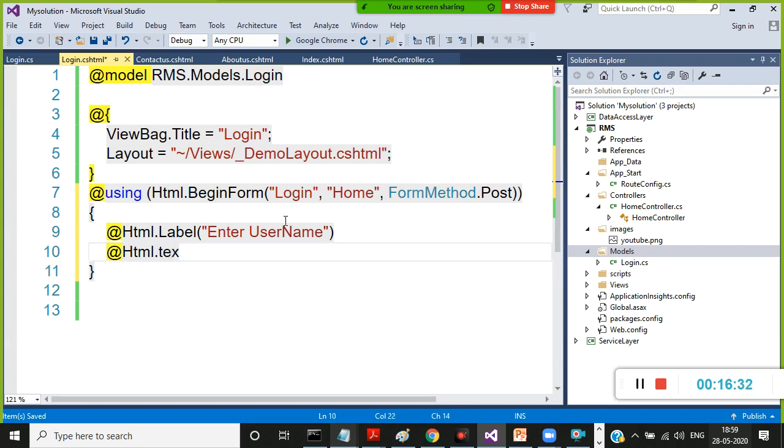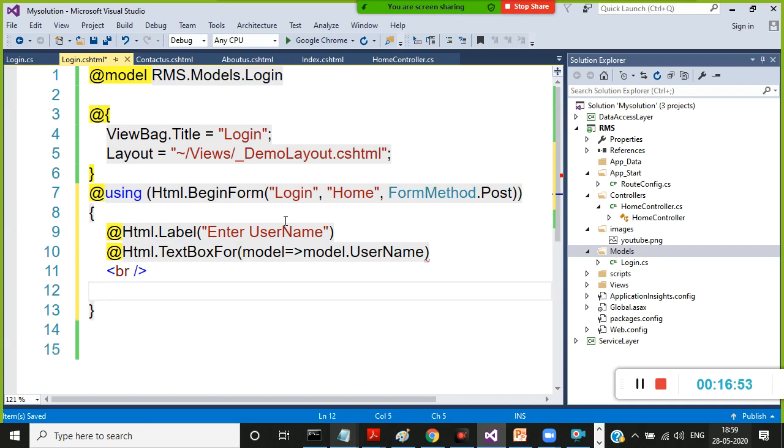I'll take one text box, @Html.TextBox. I'll apply data binding here, TextBoxFor. Is it clear? Here I'll give the data binding: model => model.Username. Is it clear? Similarly, throw the cursor to the next line.